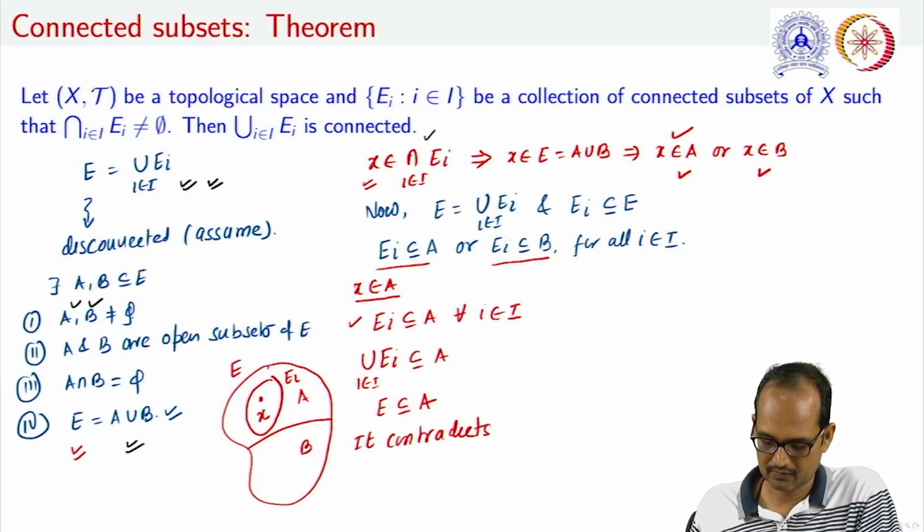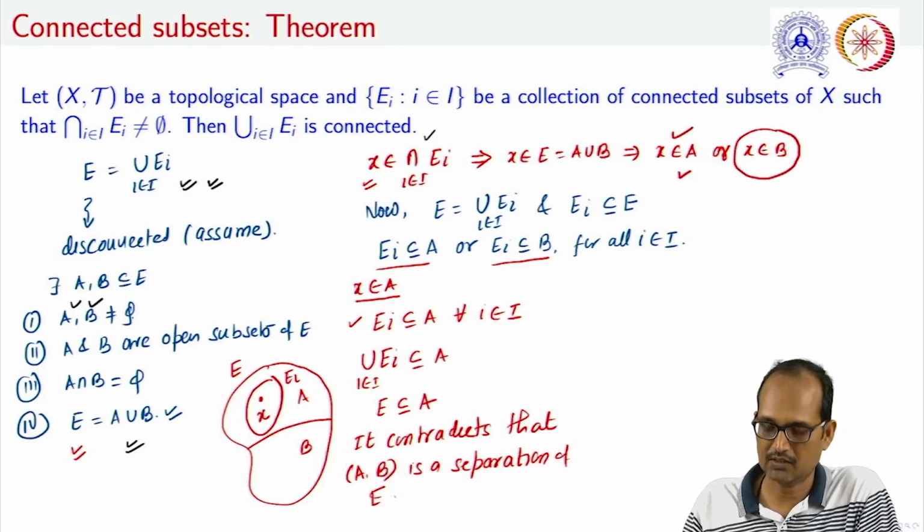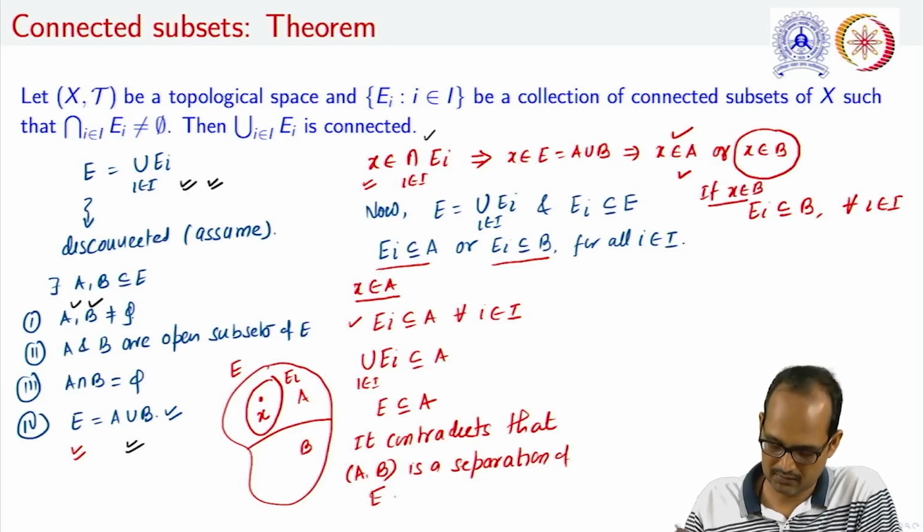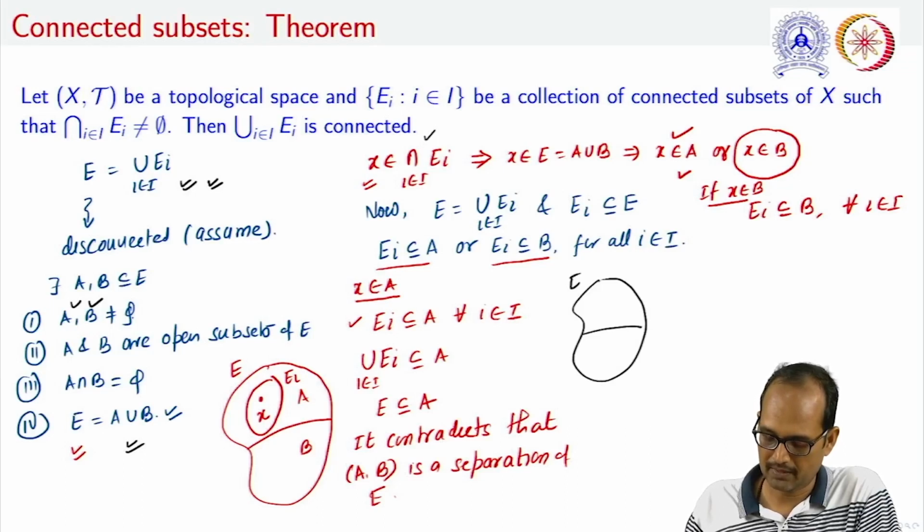that this pair A, B is a separation of E. Similarly, if we are considering the second case, that is x is an element of B, what we can conclude is that every Ei is a subset of B for all i in I, and this when we are taking x belongs to B, with the same justification as if this is E and if this is the separation A and B, let us take an element x here, and as x is member of their intersection, the Ei will lie inside B, and if it is so, we can conclude that this union is also a subset of B, and it contradicts the fact that